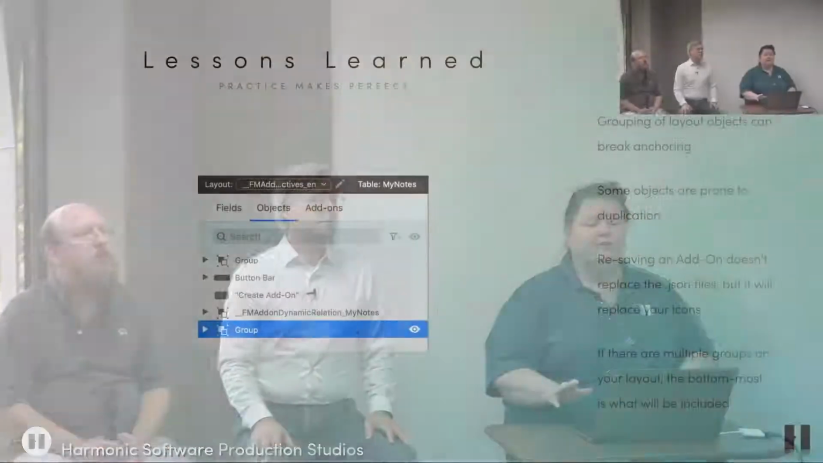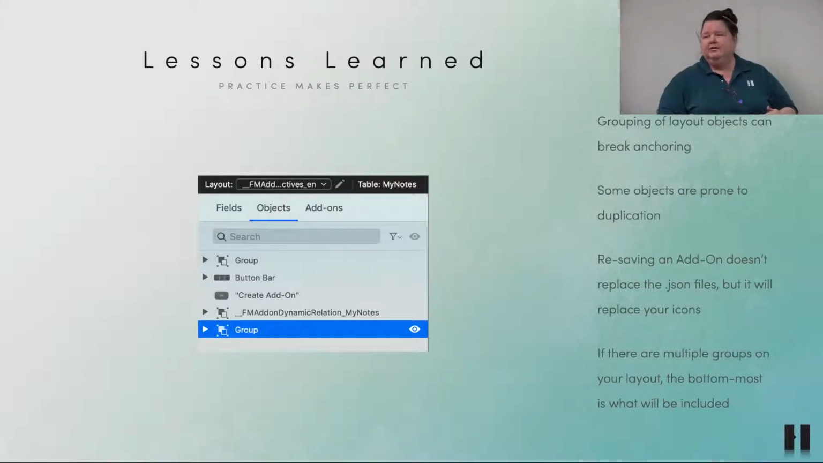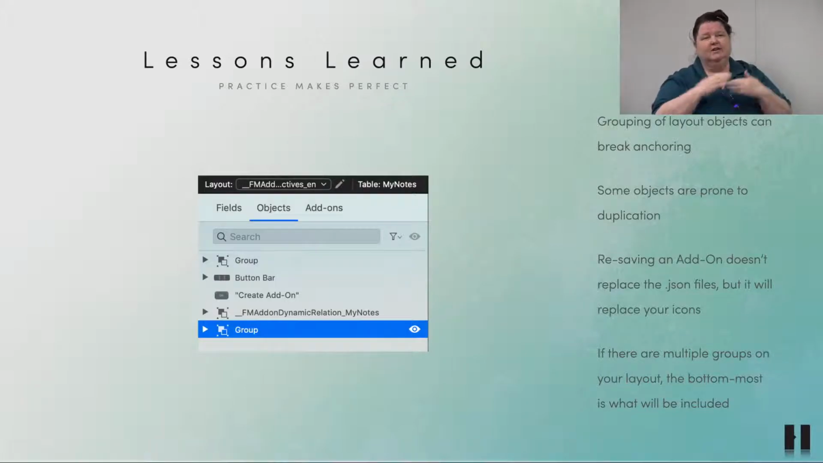And the next thing I wanted to point out, because I watched a lot of videos and read a lot about how to create add-ons, is that they kept referring to the bottommost group on your layout, right? So I grouped a couple different things on a layout, created my add-on, and I did not get the results I wanted. I dragged something on, there wouldn't be anything there. So when they refer to the bottommost group on your layout, they don't mean the one in the footer of your layout. They mean the one at the bottom of your objects panel, which Robert pointed out to me